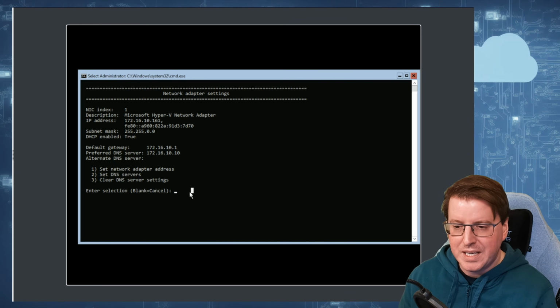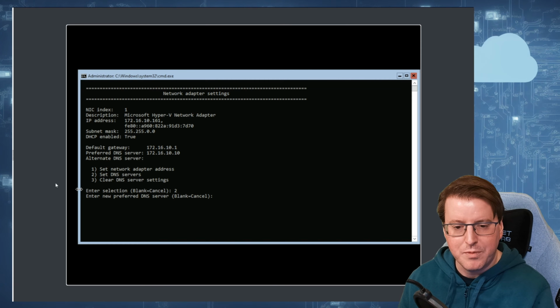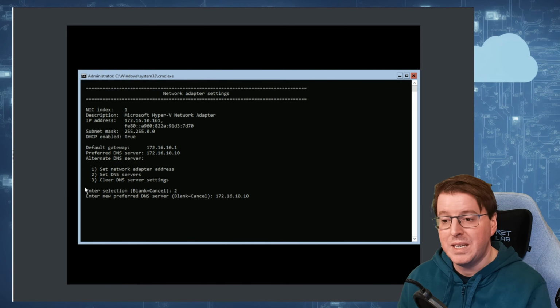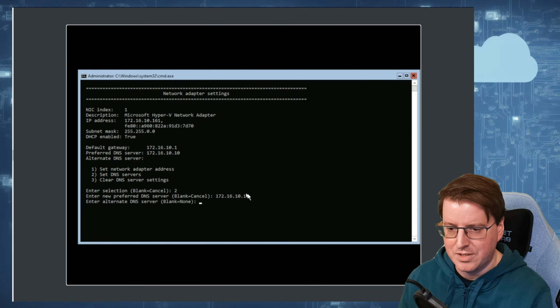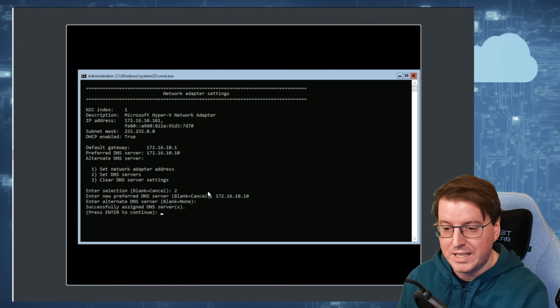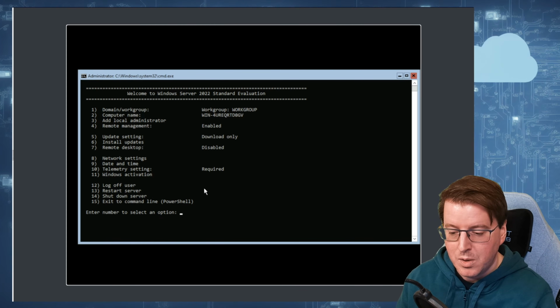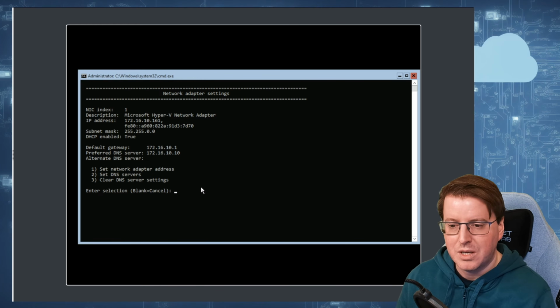So let's jump in here and let's go to set the DNS server. So we're going to choose number 2, and our preferred DNS server is actually going to be 172.168.10.10 because that's the DNS server inside this environment. We don't have any alternate DNS server. There's only one inside this environment. That's fine. We need to go back now into this network configuration, and we need to go and set this